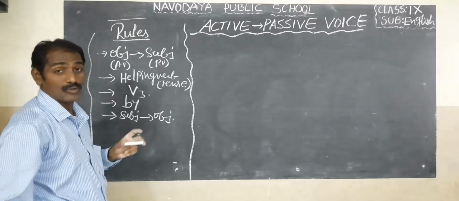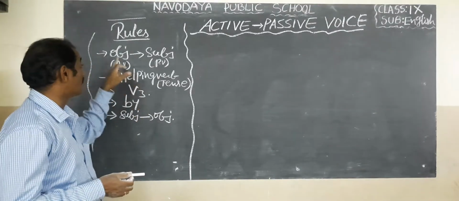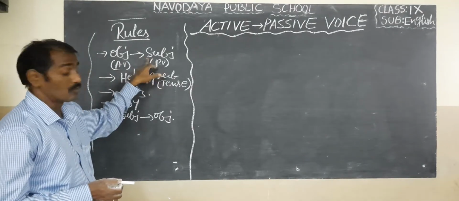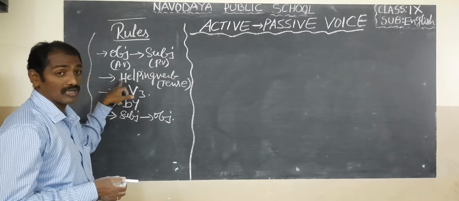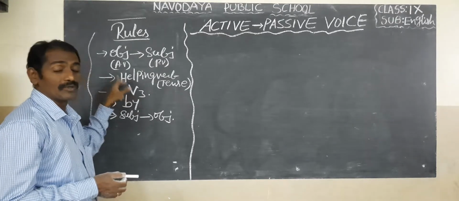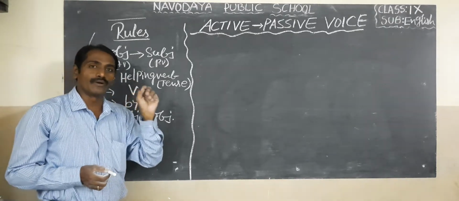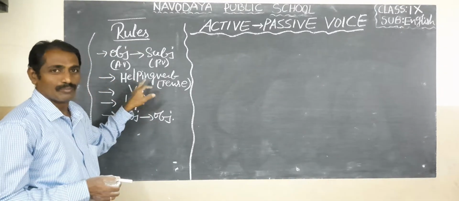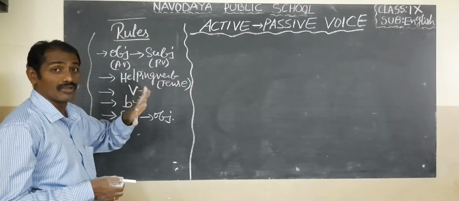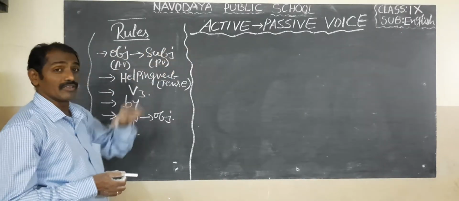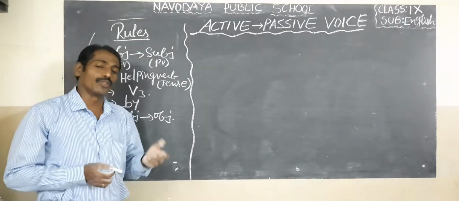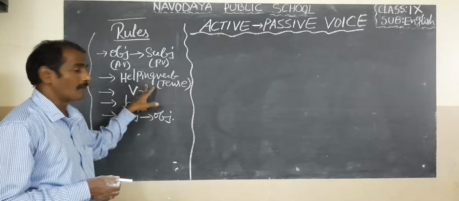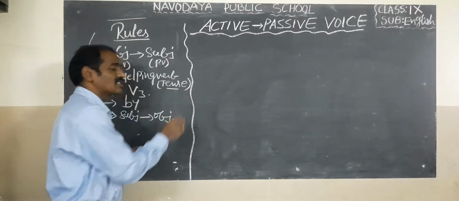So, from active voice to passive voice, the first rule is that the object becomes the subject. The object of the active voice becomes the subject in the passive voice. The next one is very important. 95% of the students make a mistake in this part, that is tense. If the sentence is in the past tense, they think it is present tense, so they write present tense helping verbs. So here it is very important to identify the tense.